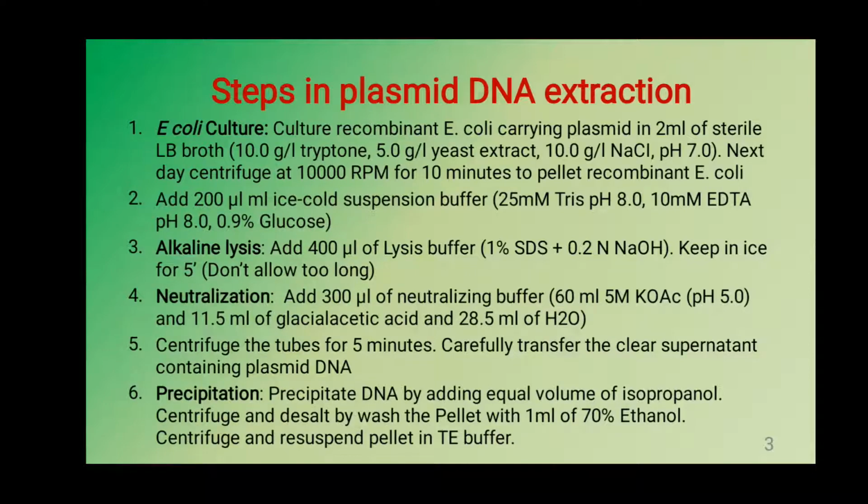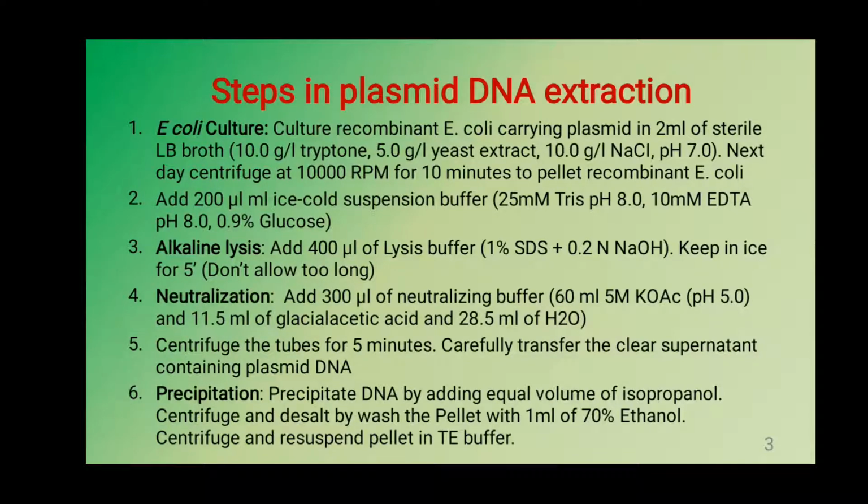The pellets are resuspended in resuspension buffer in the next step. Here the buffer consists of Tris-HCl, pH 8, EDTA and glucose. They help to maintain the osmotic balance and the pH. EDTA chelates divalent cations, which minimizes DNase function. So the DNA integrity is preserved using the resuspension buffer.